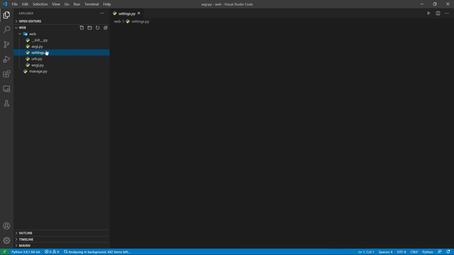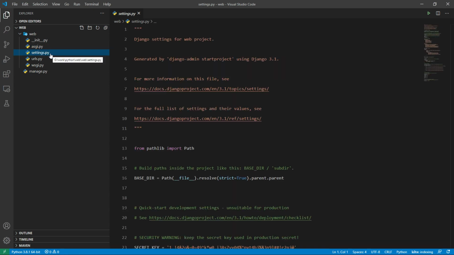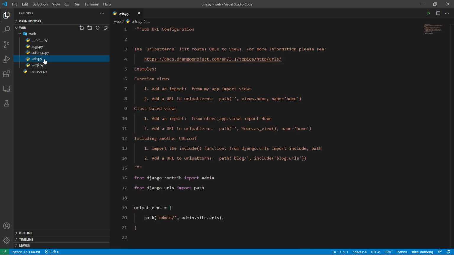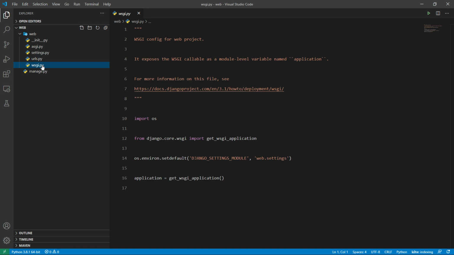Next one, settings.py. The settings.py file contains all the project configuration or settings. Next, the urls.py file contains the project URL declarations. And finally, the last one, wsgi.py, is an entry point for WSGI compatible web servers to serve your project. So these are the files and folders you will get when you start a new project by using the Django admin CLI. Now let's open the terminal here